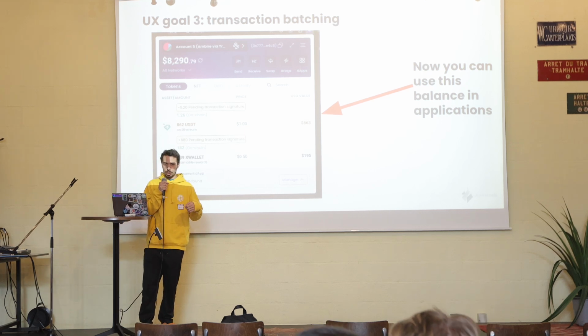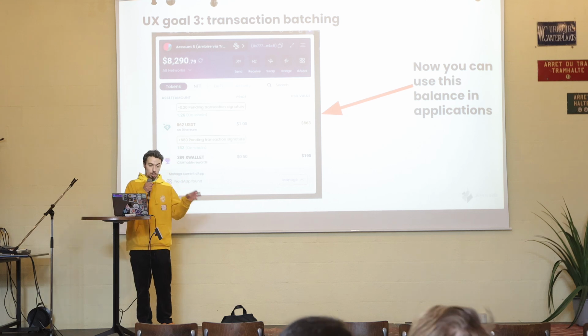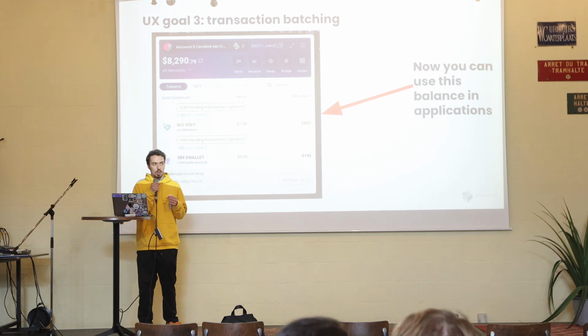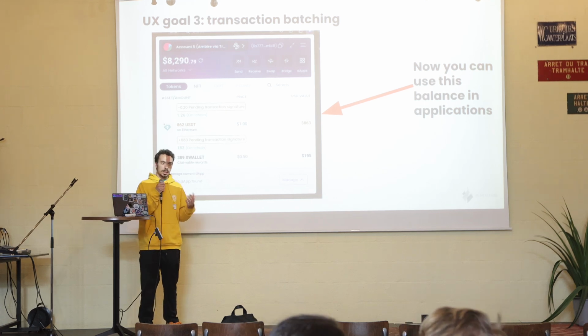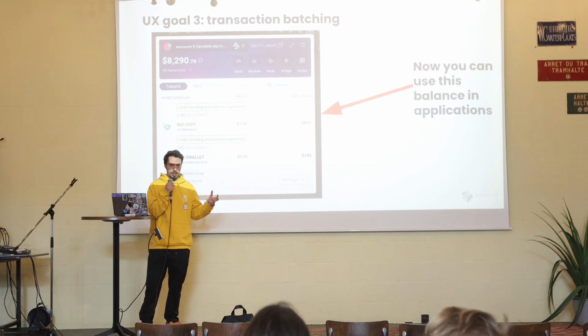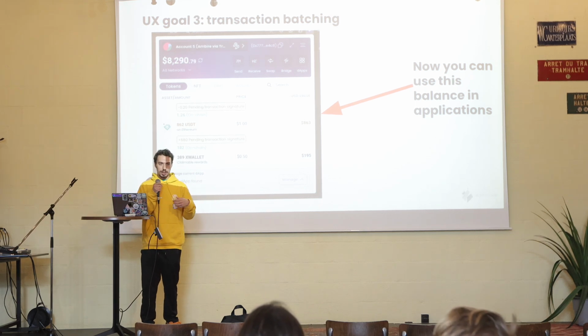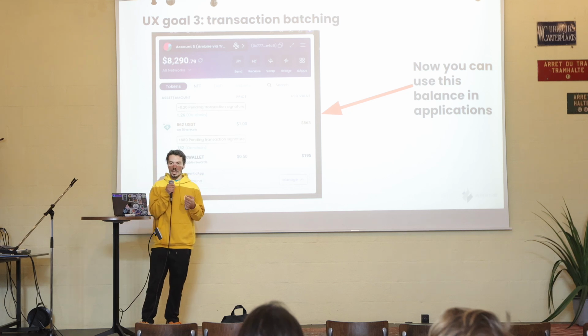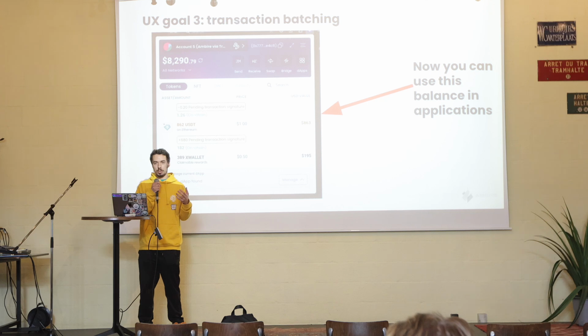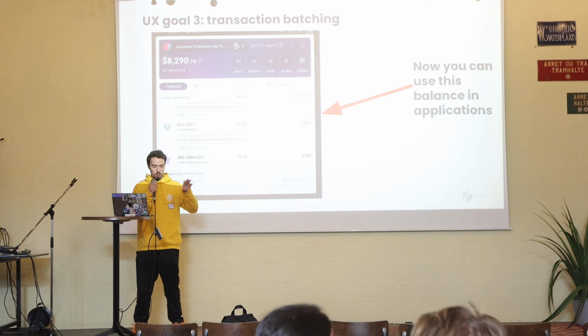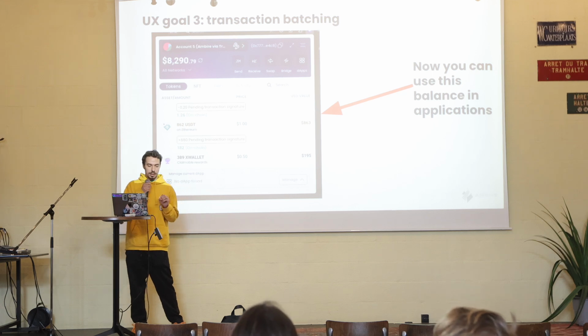When you are batching transactions, so let's say batching actions into one transaction, let's say that I want to do a swap, and then using the output of that swap, send someone funds. So let's say I don't have USDT at the moment, but I want to swap my ETH for USDT and then send you some USDT in one transaction. There is no way of doing this in a normal wallet, because when I queue the swap, first of all, not many wallets support transaction batching to begin with, but let's say we get a wallet that does, and I put the swap in the batch queue, but I don't see my USDT because the wallet doesn't know that I'm